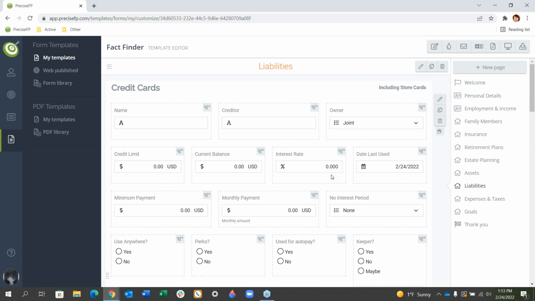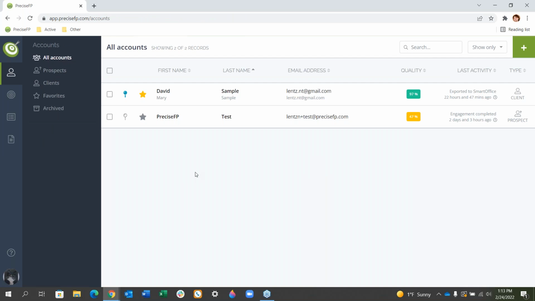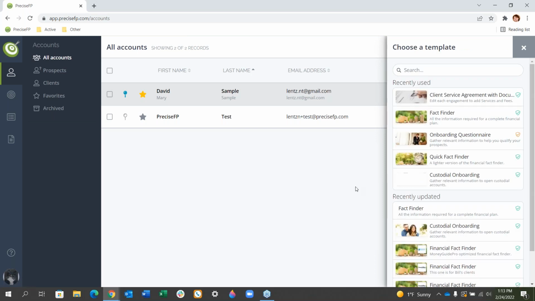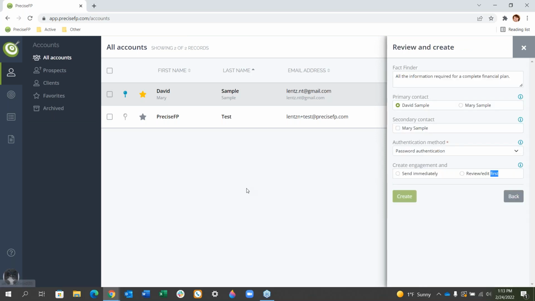So we've looked a little bit at customizing templates. Let's also take a quick look at sending this template to a client. So here I'm going to send David and Mary Sample my fact finder. So I'm going to engage them with a form. We'll send this one that I was working on here. So here, review and create is where you